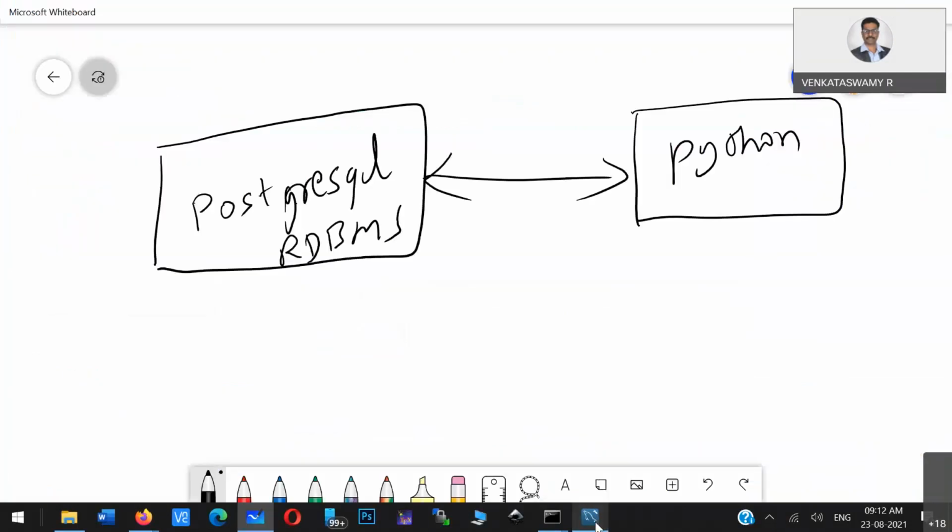Now here, let us go for some kind of cloud. Let us take a cloud database and connect that particular cloud database with the Python program. That is what we'll do. Last time I installed the MySQL database on a local machine. Even this PostgreSQL, you can install on your local machine as well.